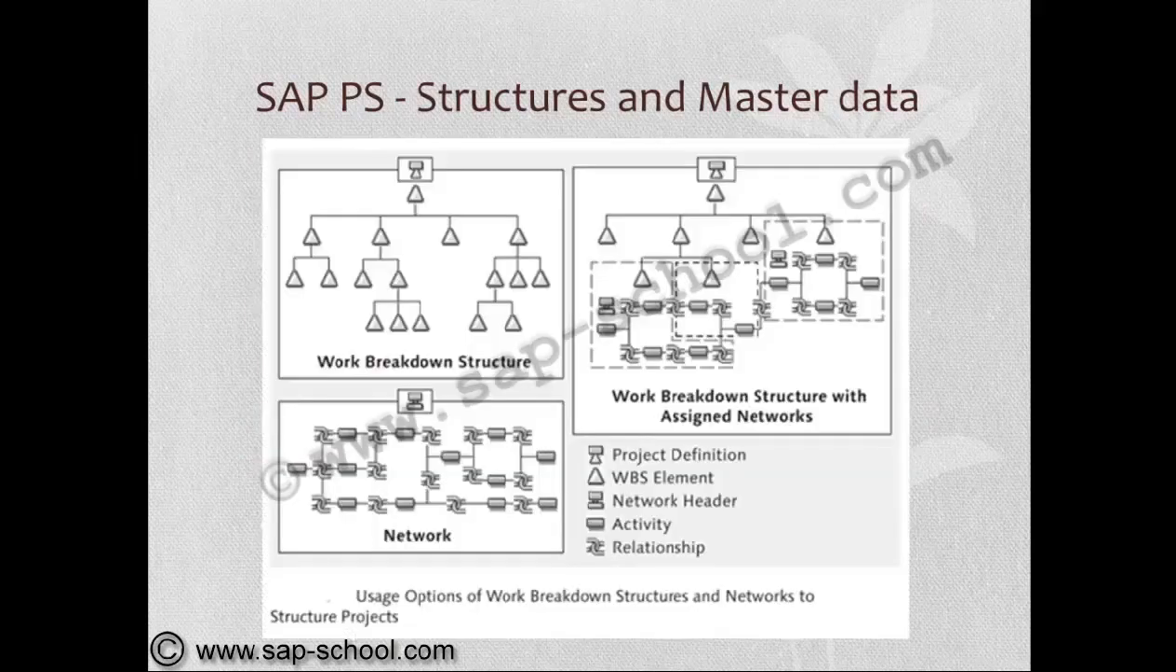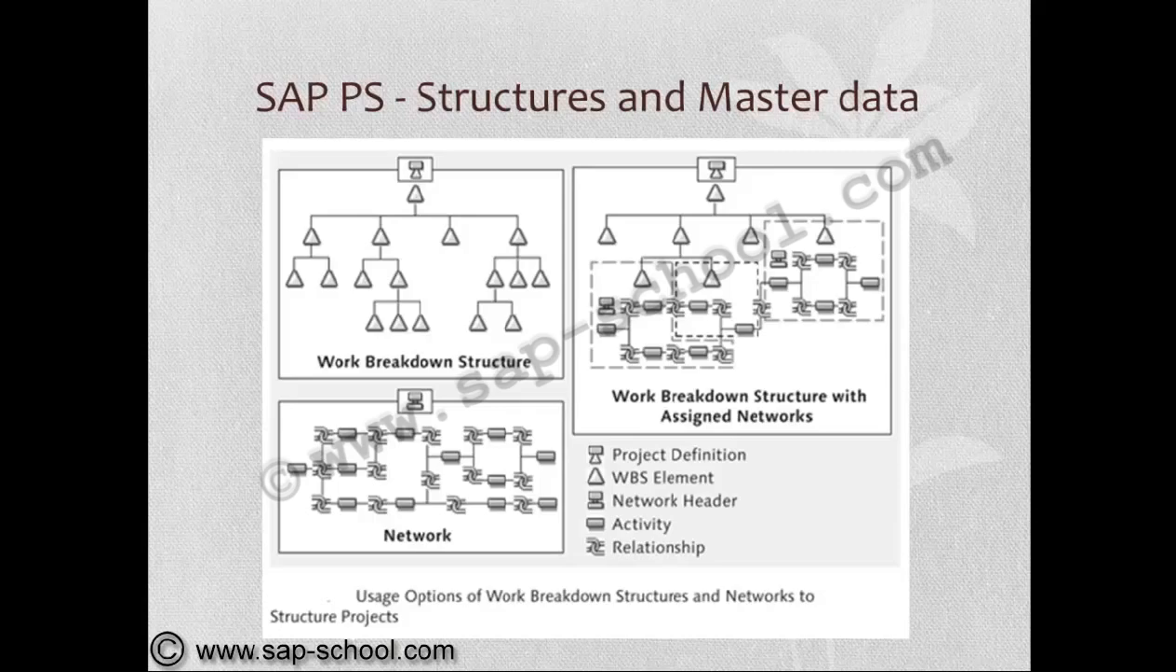If you see, the entire project structure and master data is headed by the project definition and the WBS element structure. This is the work breakdown structure, and the network header, followed by network activities under this project definition, and the activities with relationships. So the usage option of work breakdown structure and networks to structure projects, we can see under one